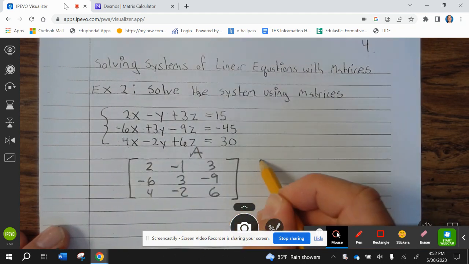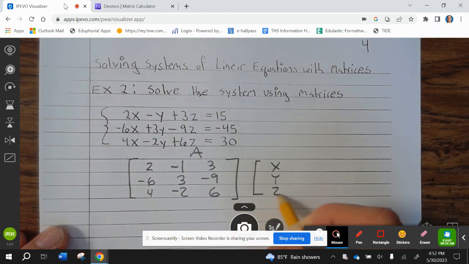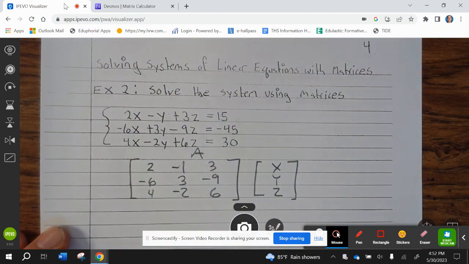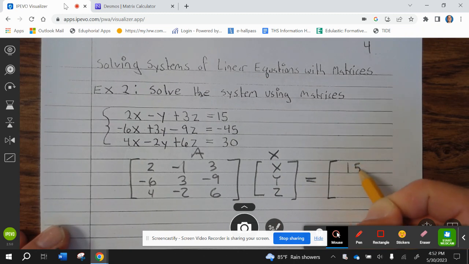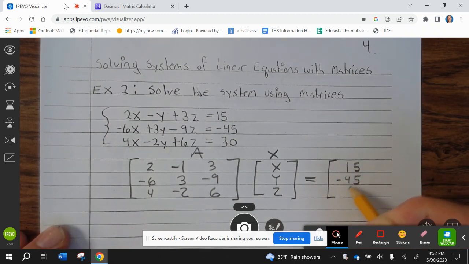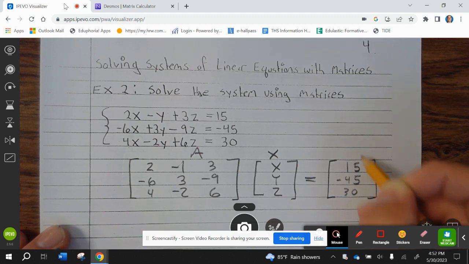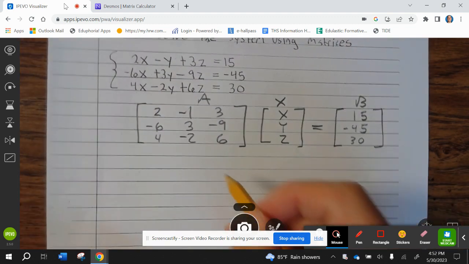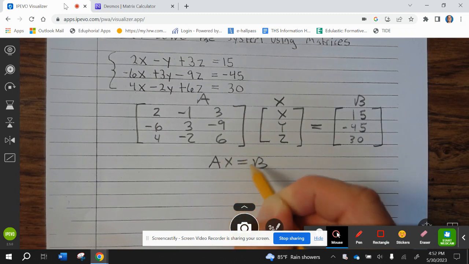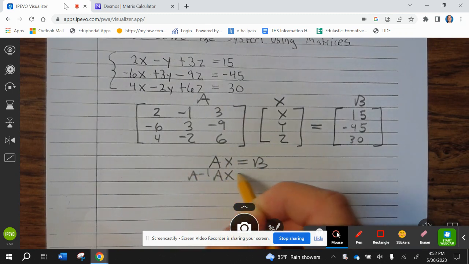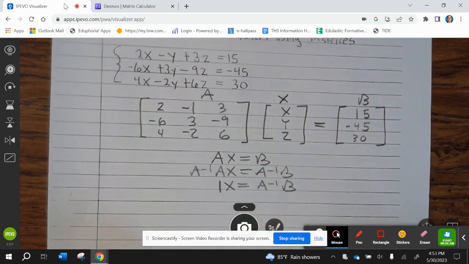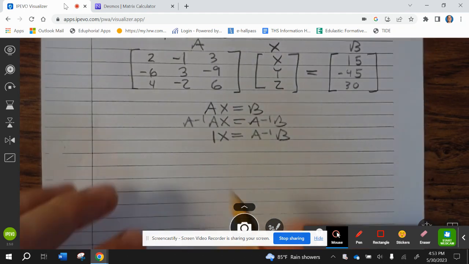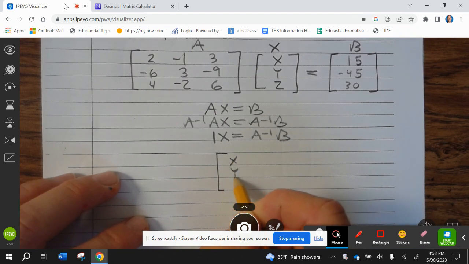That's your A, X, Y, Z equals 15, negative 45, 30, and that's your B. And remember, we know that AX equals B. Multiply both sides by A inverse. A inverse times A is 1, so you get 1x equals A inverse B. So X, Y, Z